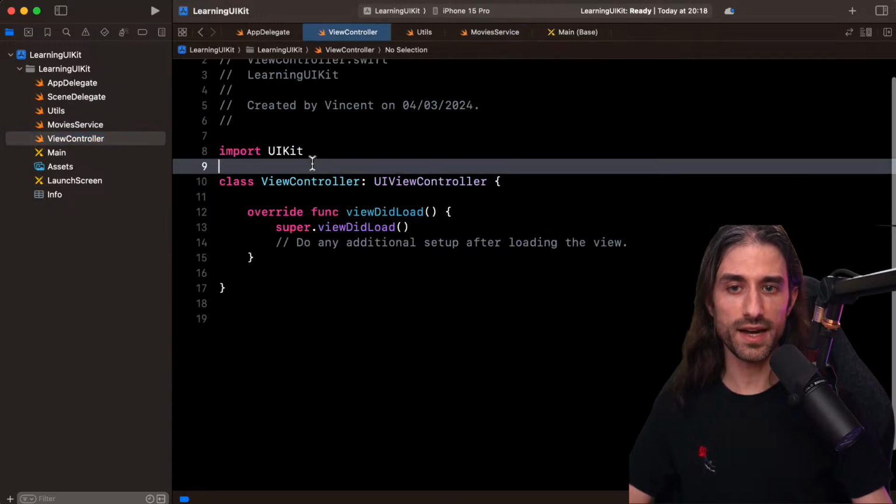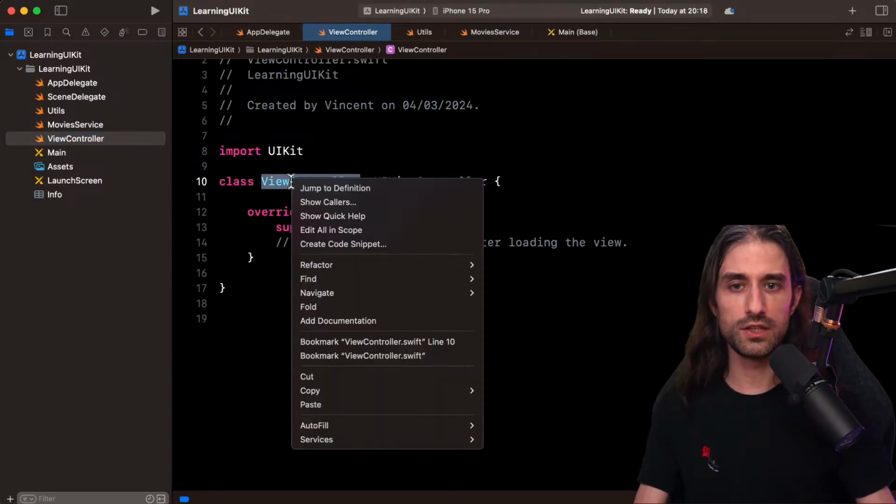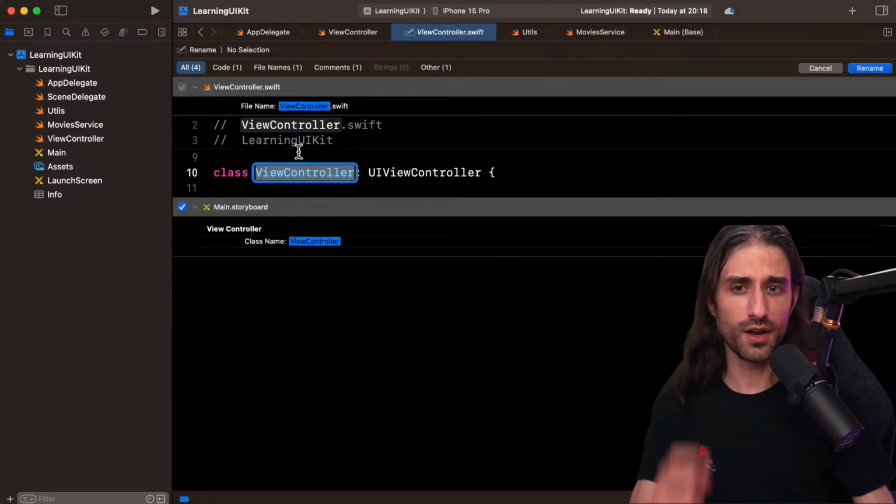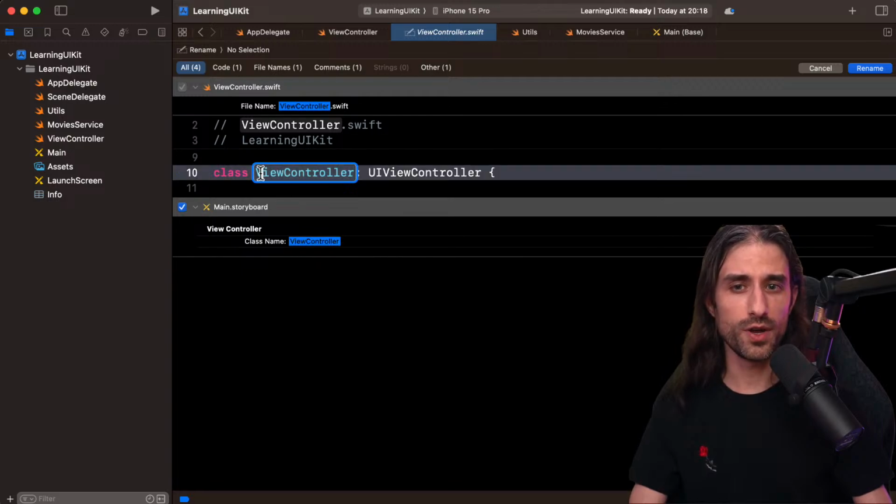Now it's time that we actually turn this blank view controller into a movies view controller. So first thing, we're going to rename it. What's interesting is that as I rename the view controller, you can see that it's going to also change the name of the file, but you can see that it's also changing something in the storyboard. So we're going to have a look at it just after, but I wanted to show you this to let you know that a storyboard is linked to the source code, and when you make a change in the source code, if you don't reflect that change in the storyboard, you might break the storyboard at runtime. One more reason why some people are not fond of storyboards, because they can hide some nasty issues at runtime.